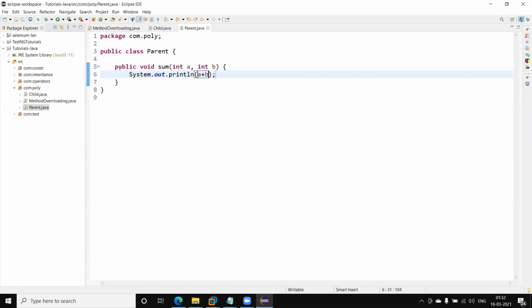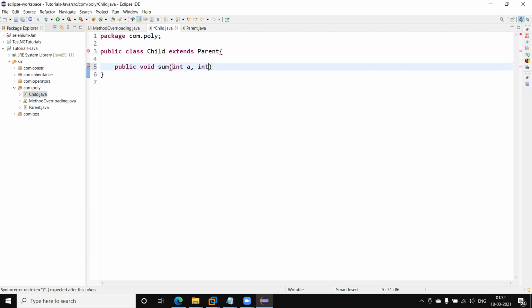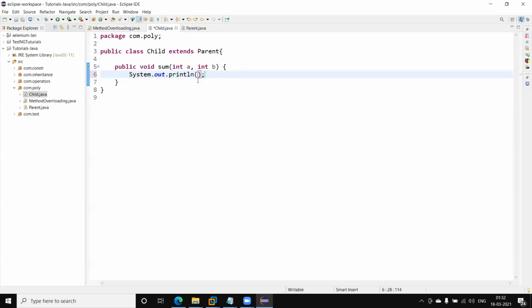Now I will create the same method in the child class, with the same number of arguments, the same type of arguments, and the same order of arguments. In that case the method is overridden, meaning this method will override the parent class method.